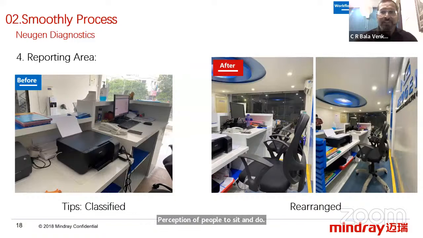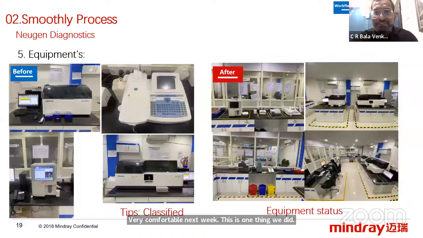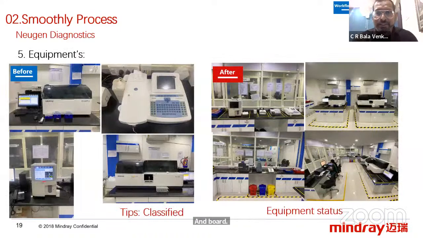So this is one thing we did. This is the reporting area. Yeah, you can go ahead. Next. And this is the equipment. Small equipment and so on, on and off, they try to move according to their convenience. They just move it and write it, because it is not wise to move the machines that way. We do not know how much pressure or force we give to it. So we give that kind of